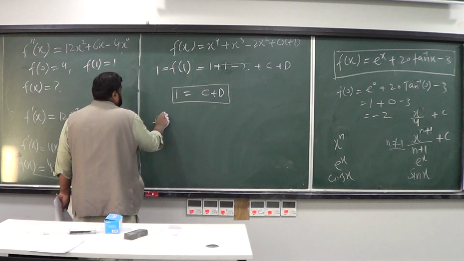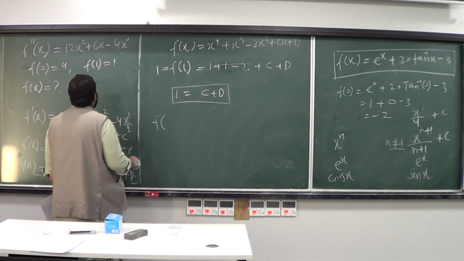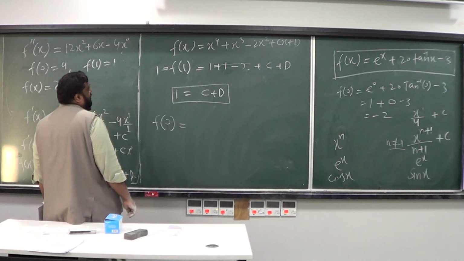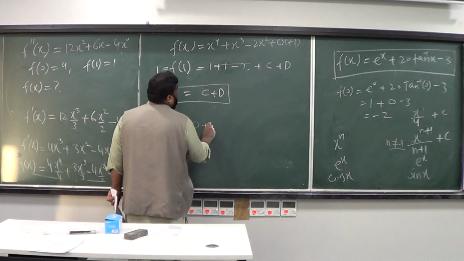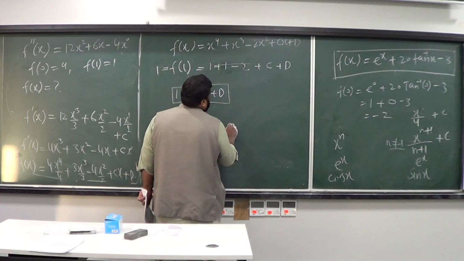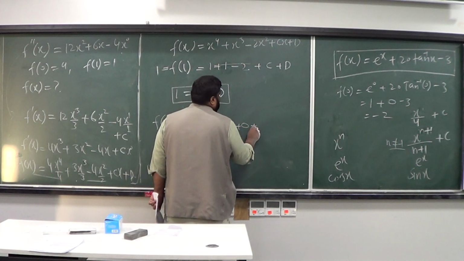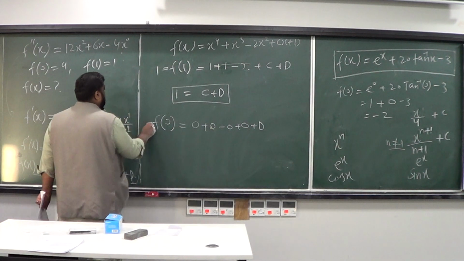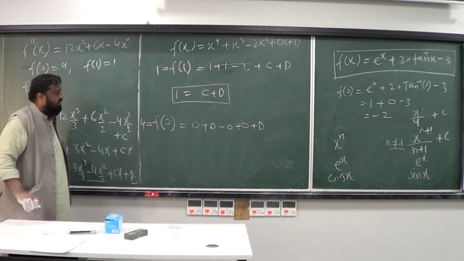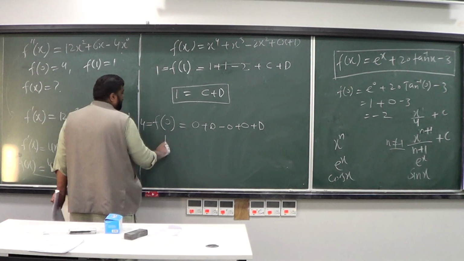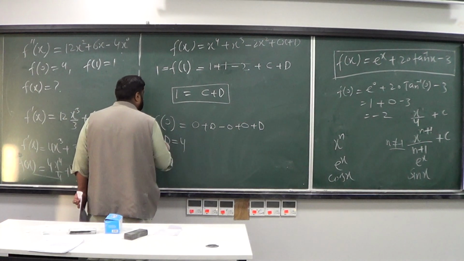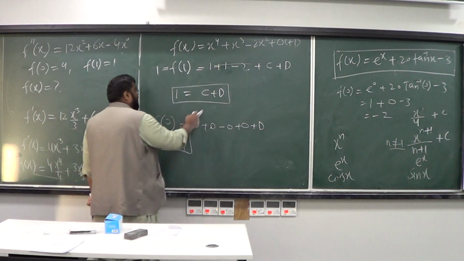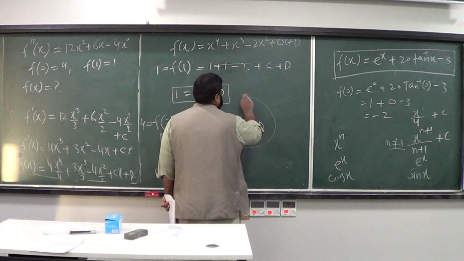So what you need to do next is substitute the other value, which is 0. If you substitute 0, you're going to get 0 plus 0 minus 0 plus 0 plus d, and this is equal to 4. So what does this show? This shows that my d is 4. So I have the value of d. Now you can substitute this d here and you can get